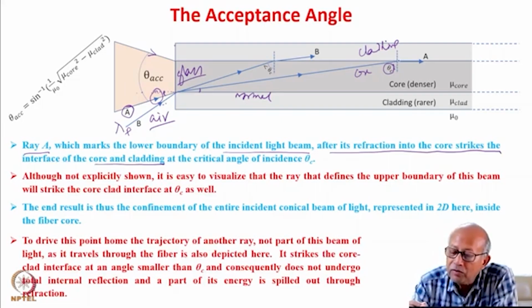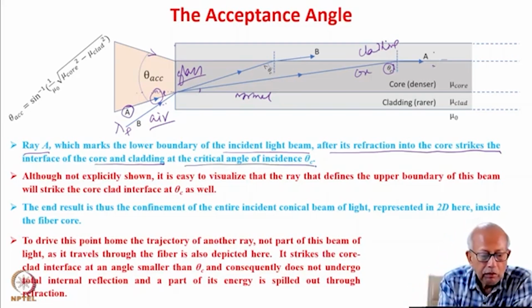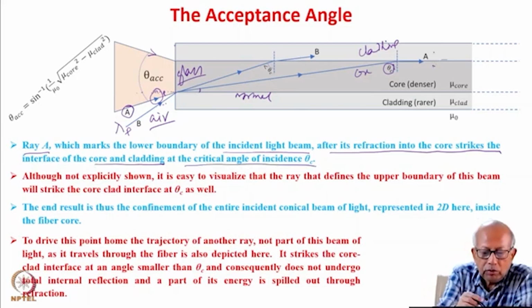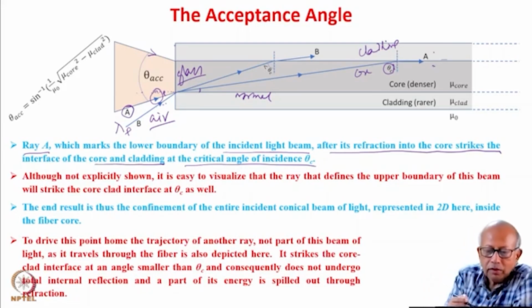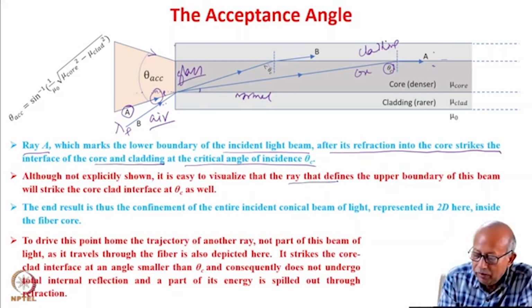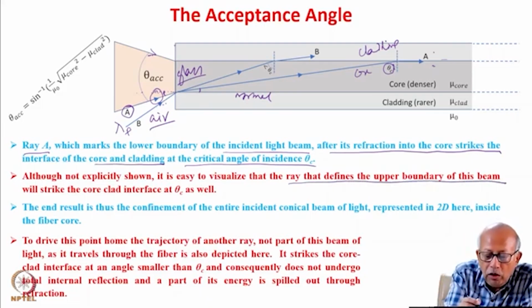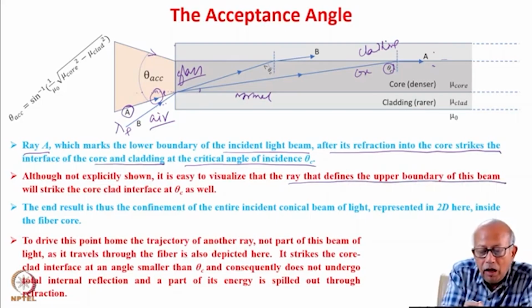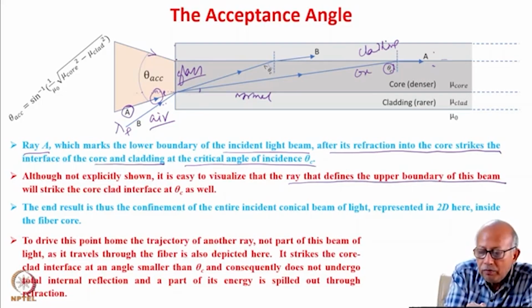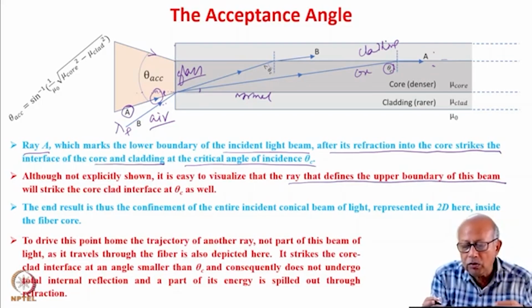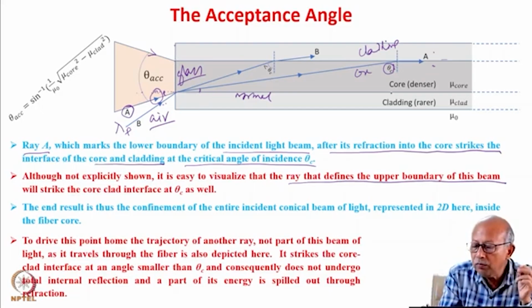So the refracted ray would graze over this surface, the core-clad surface. Although not shown here, we can easily show that this ray that defines the upper boundary of this beam, that is this ray, will also again undergo refraction here,